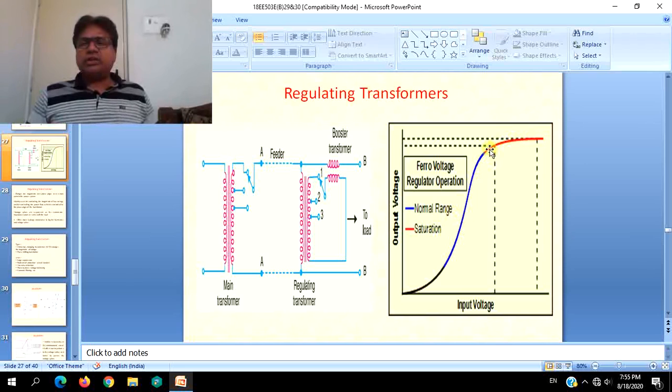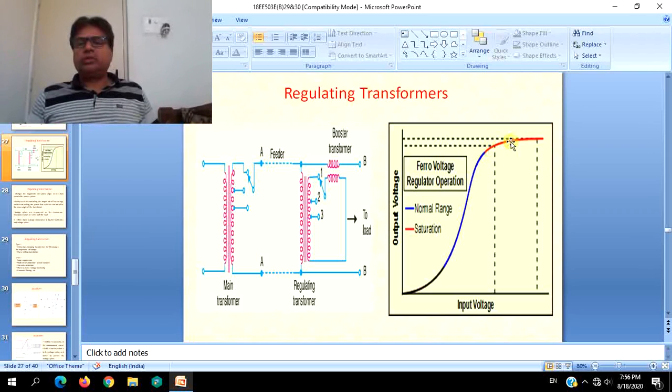And this red zone is the actual zone which is related to the spikes and the transients, during which high magnitudes of voltages may occur and also the phase may shift. So this transformer should oppose the change in voltage during this red region. This ferro-resonant core results in that, and the ratings of this regulating transformer are chosen such that this red zone is nothing but the saturation region of this ferro-resonant core.